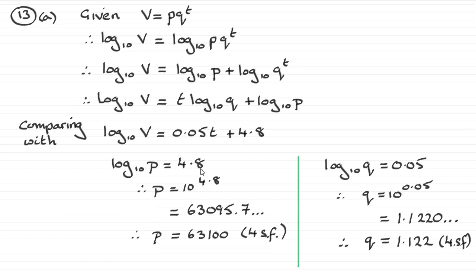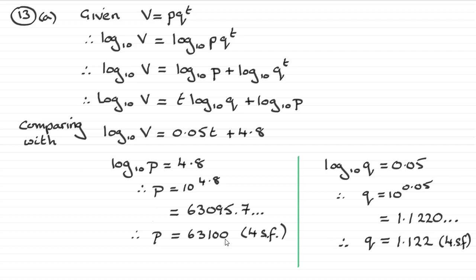And so I've written that in here, and to get p, we just take the inverse log or anti-log to both sides, and we end up with p equaling the base 10 to the power 4.8. And if you work that out on your calculator, we're asked to give the result to 4 significant figures. It turns out to be